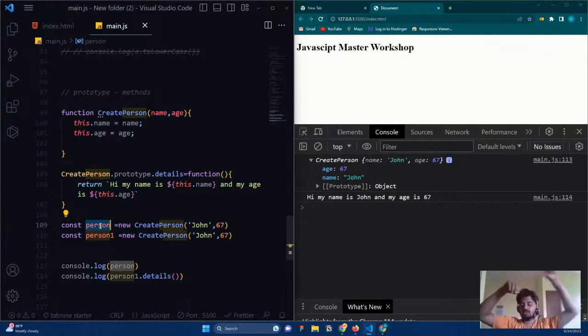It will go to the top of the prototype chain and it will access it. Like that, it will access it. So this way,